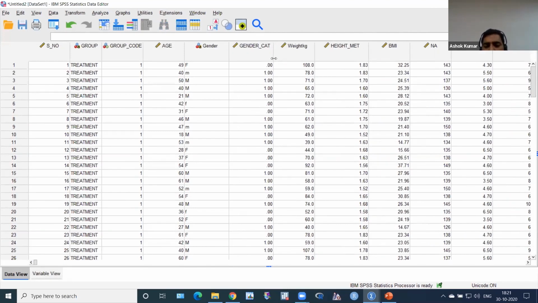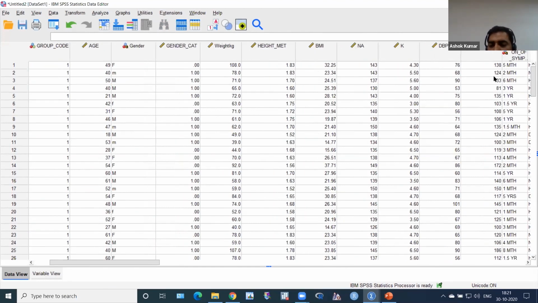Then I want to see systolic BP. We know that systolic BP is our quantitative variable, a quantitative dependent variable, and we know in which factors systolic BP depends or changes. So number one, age, we know, maybe gender, and BMI, sodium, potassium. So first,